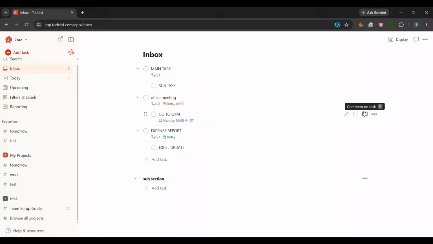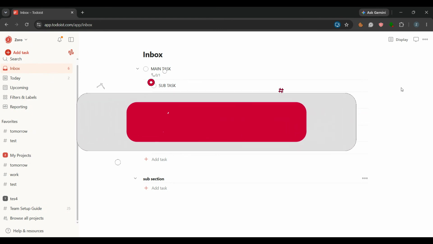Today I'm going to show you how to set due dates for tasks in Todoist using one of the fastest and easiest methods built right into the app. If you've ever wanted to quickly add a task and assign a deadline, a reminder style date, or even a repeating schedule without opening extra menus, this is going to save you a lot of time. The best part is that Todoist understands natural language, so you can type the date the same way you'd normally